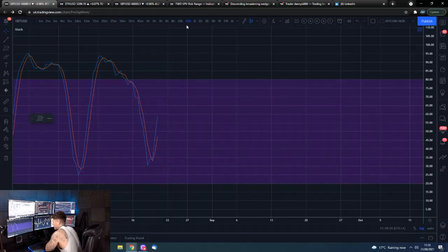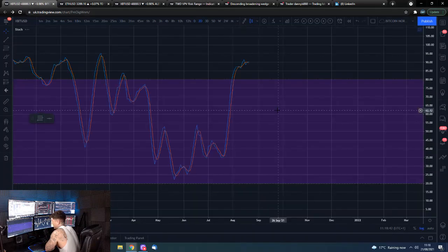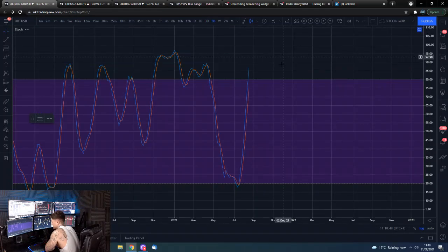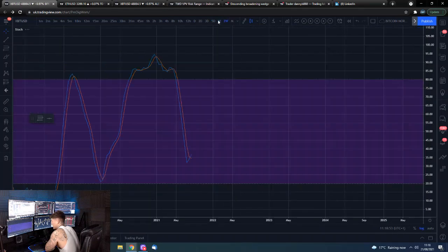This is what I think is potentially going to get us up to that 50,000 and beyond. Again, with daily holding up there, it can easily just hold up here. 2 day as well can easily hold up where it is, and then 3 day very extended, but it is still up there. 5 day still got room to run. Weekly just got all the room to run. So yeah, I mean